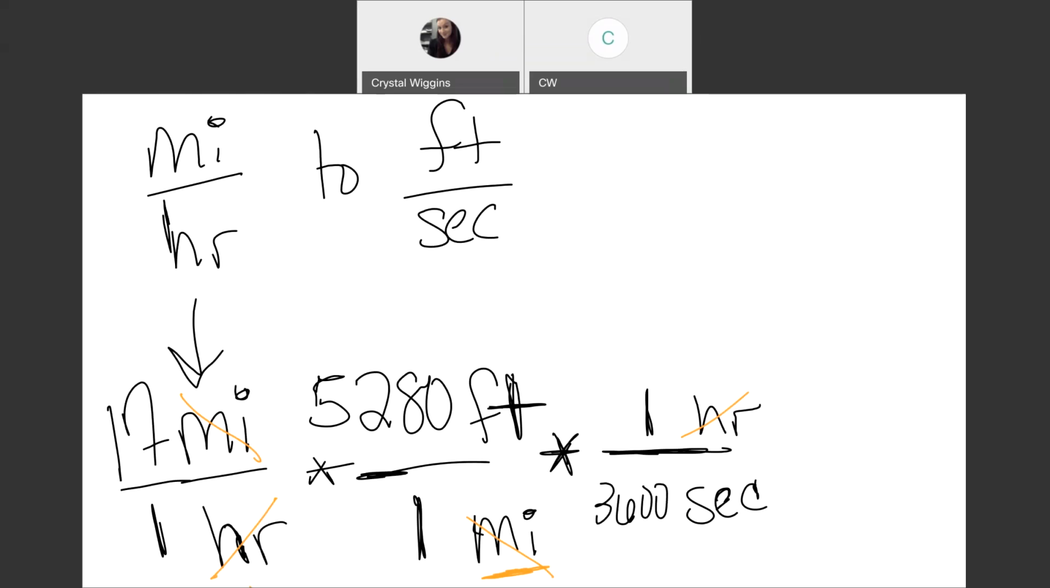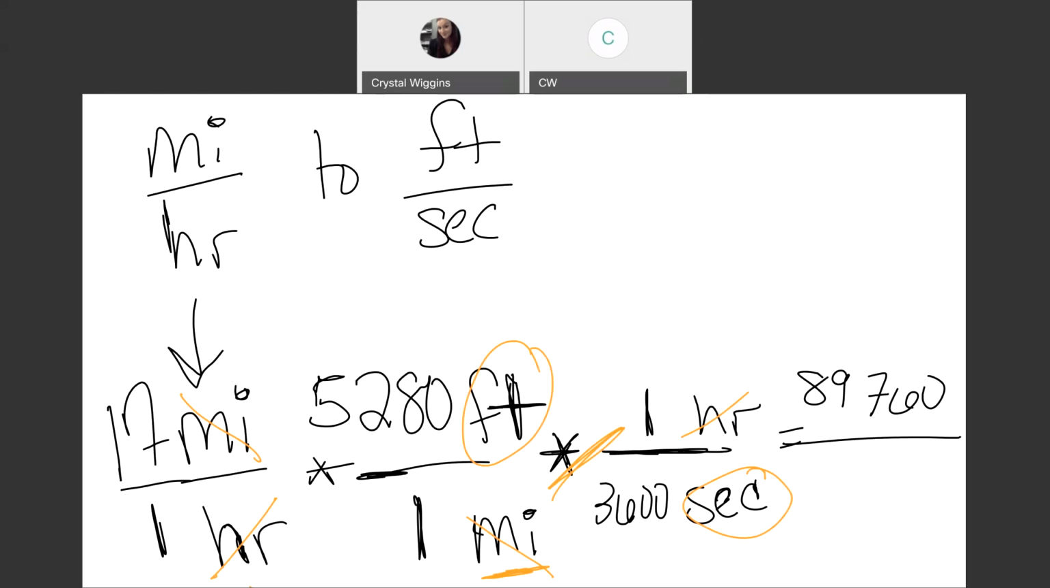What's left is feet per second. So we can see that feet per second is left. So we multiply straight across. What we end up getting is 17 times 5,280. We're multiplying straight across, and that gives us 89,760